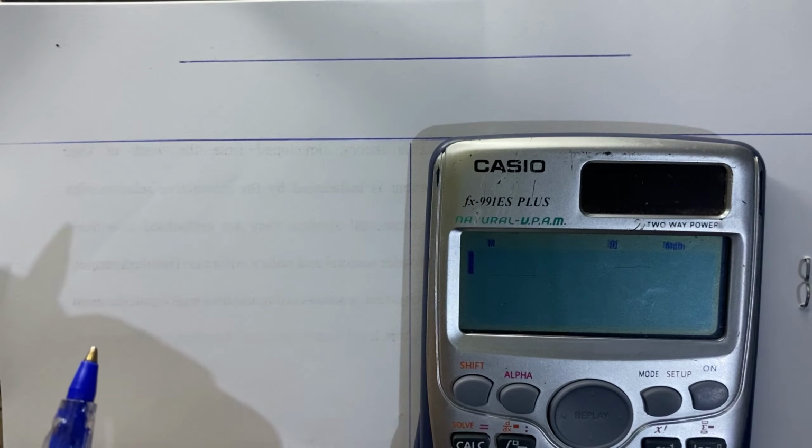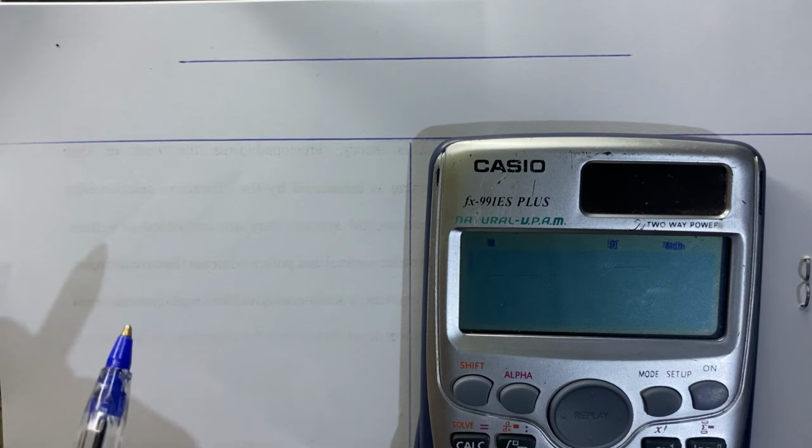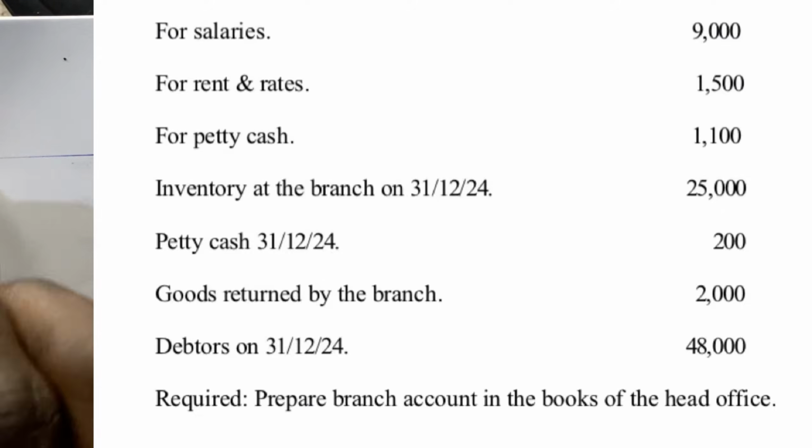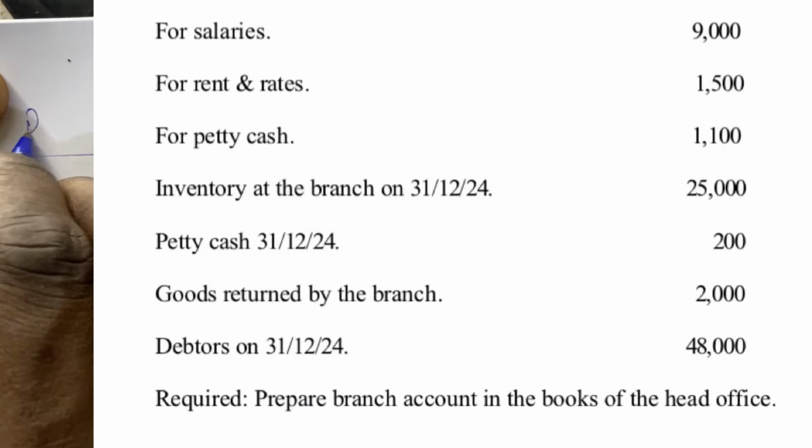So we've established that. If that is the case, then straightforward, we should conclude that we are only going to prepare what we call branch accounts in the book of the head office. First of all, let's take note that we are required to prepare what we call branch account. So we write our branch account